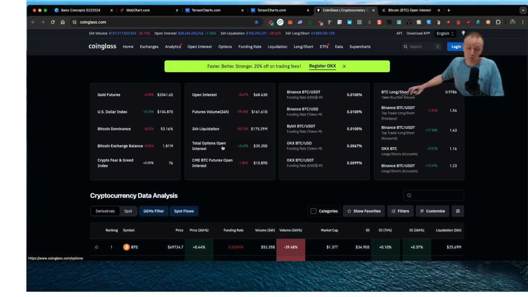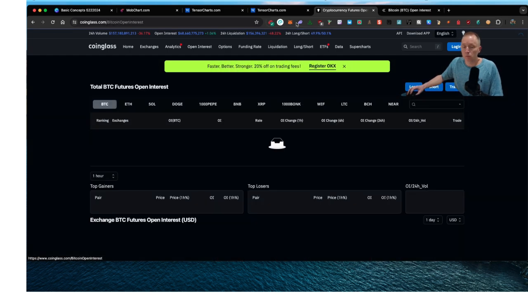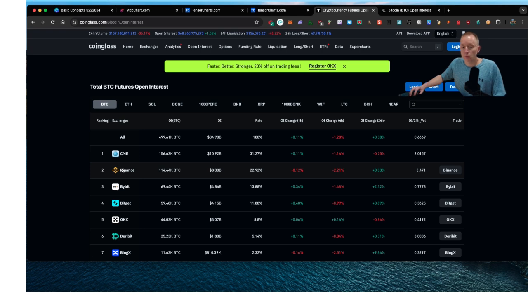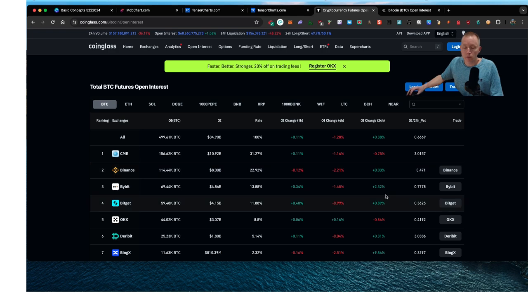We have total options open interest increasing, right? But we're talking about Bitcoin. We're looking at this table. So let me move over here to open interest and we can look even more. So if you look here on Bitcoin, right? This is going to be on an exchange, and it differs on each exchange, right? You can always look at this more like an aggregated version of all, but